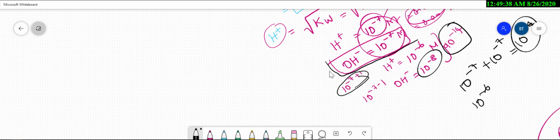Now in the next steps, I am going to explain how this 10 power minus 6 and 10 power minus 8 or 10 power minus 7 becomes 6, 7, 8. This is how you measure pH, right? These are known as index values with no units. But these are not index values, these have units. What are the units? Molar concentration, 10 power minus 7 M, 10 power minus 6 M, like that. But in the case of an index, you don't have units, only the representation. Now I am going to explain how these molar concentrations are converted into index values.